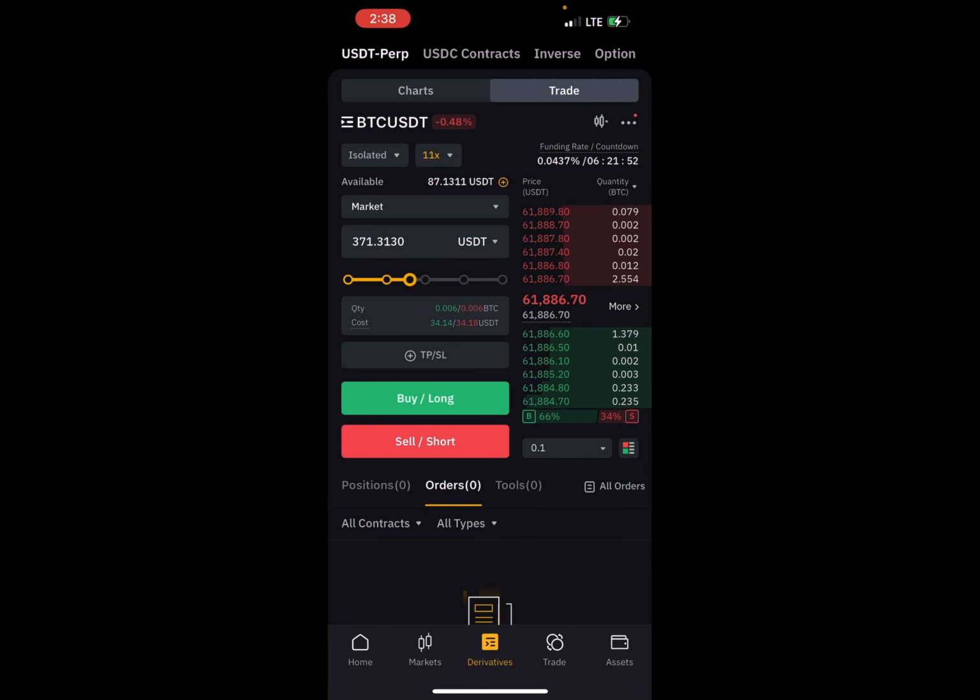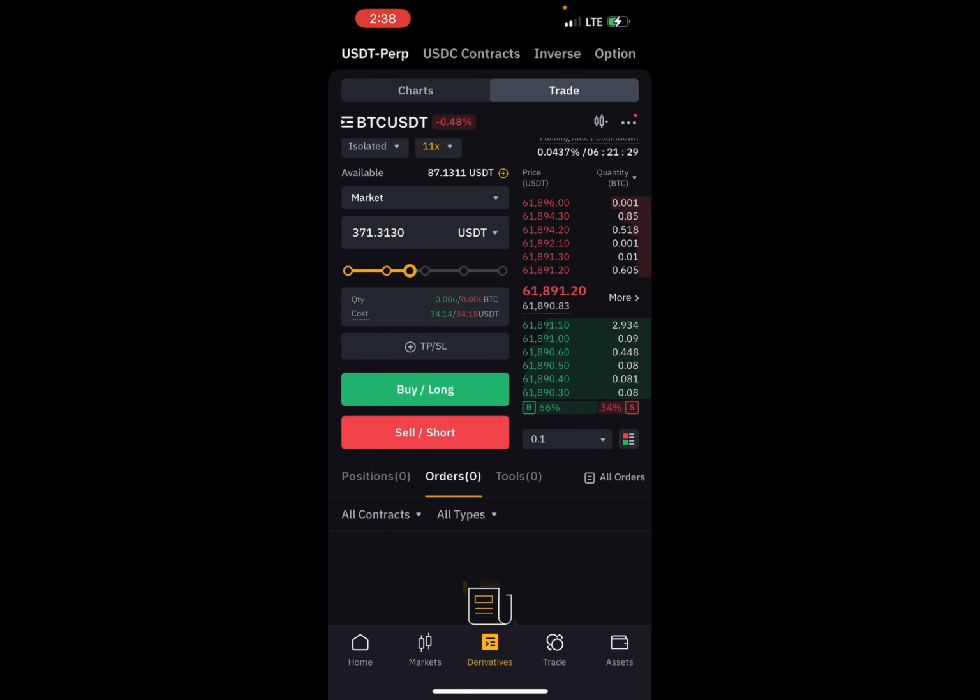As for me, I normally choose market order based on the price right at that moment, and then enter my trade. That's how I normally do it. You can see here I've chosen about $34, which I'm going to enter the trade with. And from down here you can see we have a TP/SL,